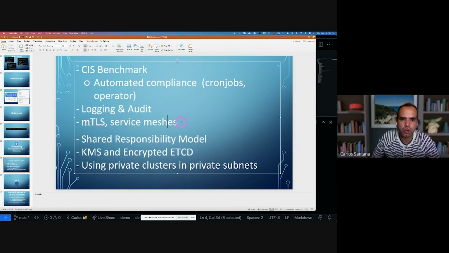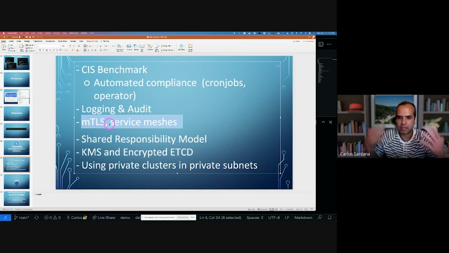And I put this one here because it's a misconception that I see a lot with people starting. Let's say they provision a Kubernetes cluster and they have two VMs, two nodes, and one service sits in one node and the other service sits in another node. That happens by pod scheduling. They think that because the two pods are inside the cluster, the communication between them is secure, because they're inside the cluster, right? They think the cluster is like something inside, but the thing to understand is